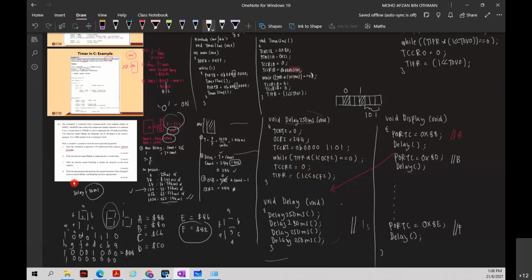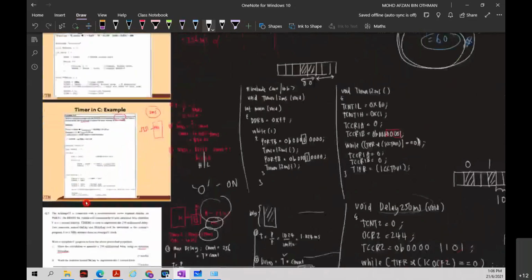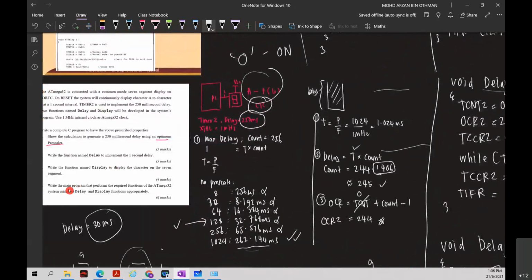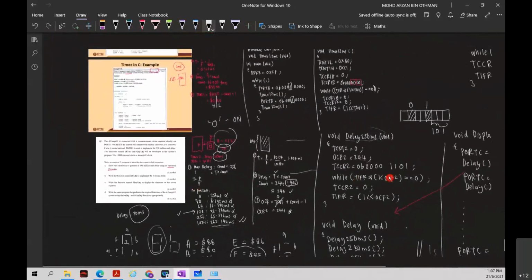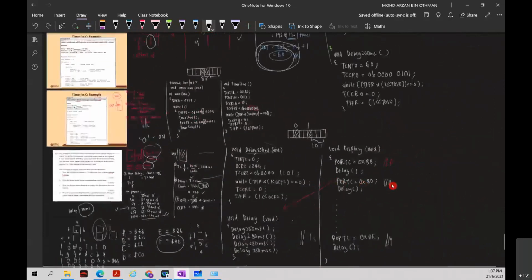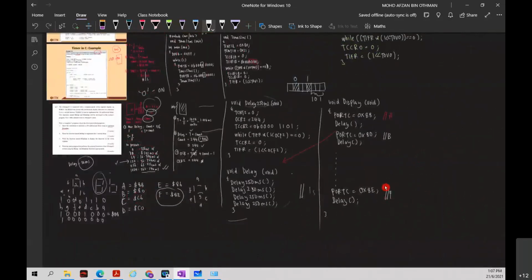Okay, and then after that, question D. What is the question D? Write the main program that performs the required function of the Atmega32 system using delay and display function appropriately. Okay, so you already do the delay and display. So now you're going to write down the full program. So this is A, B, and C, and this is D. Okay, so for the full program, so what you're going to do here is,